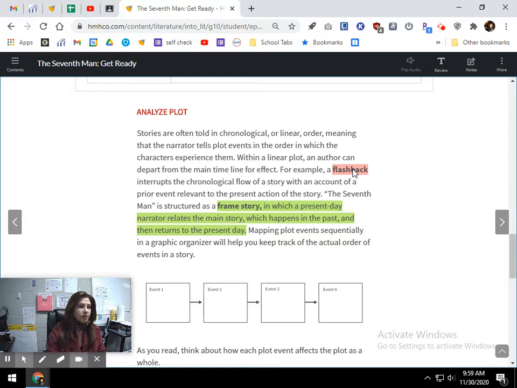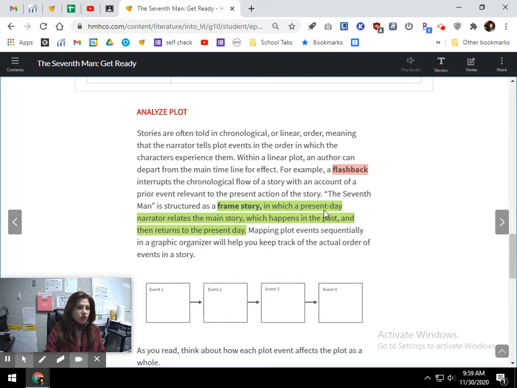And that interrupts the chronological flow of the story, and The Seventh Man is structured as a frame story. So this was a new term for me, and it might be a new term for you as well. I know what it is, but I've never heard it called that before. So go ahead and highlight this. A frame story